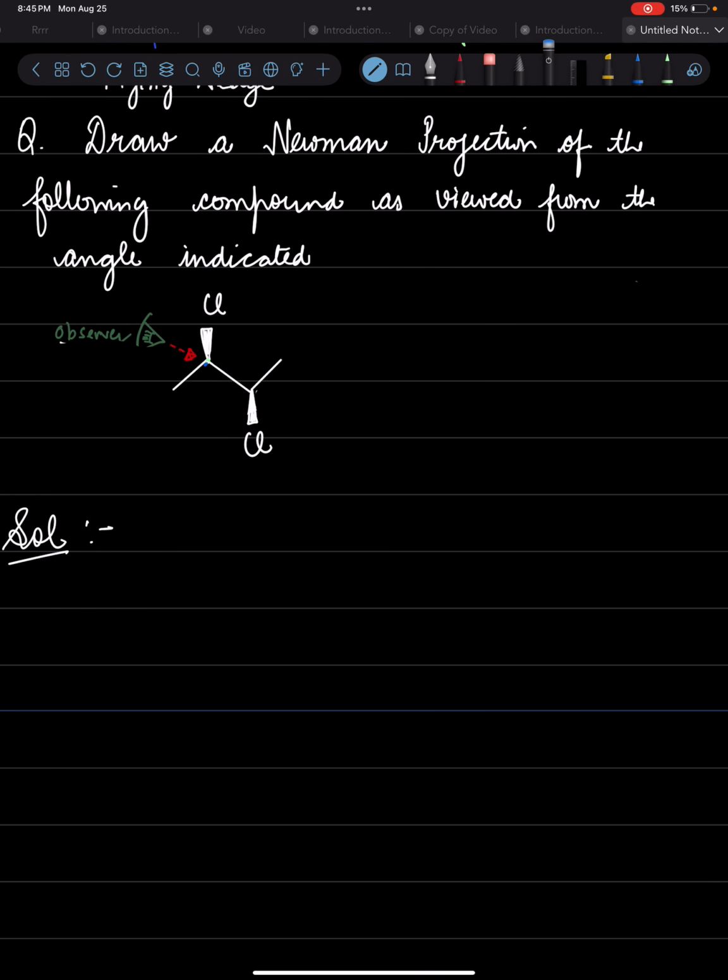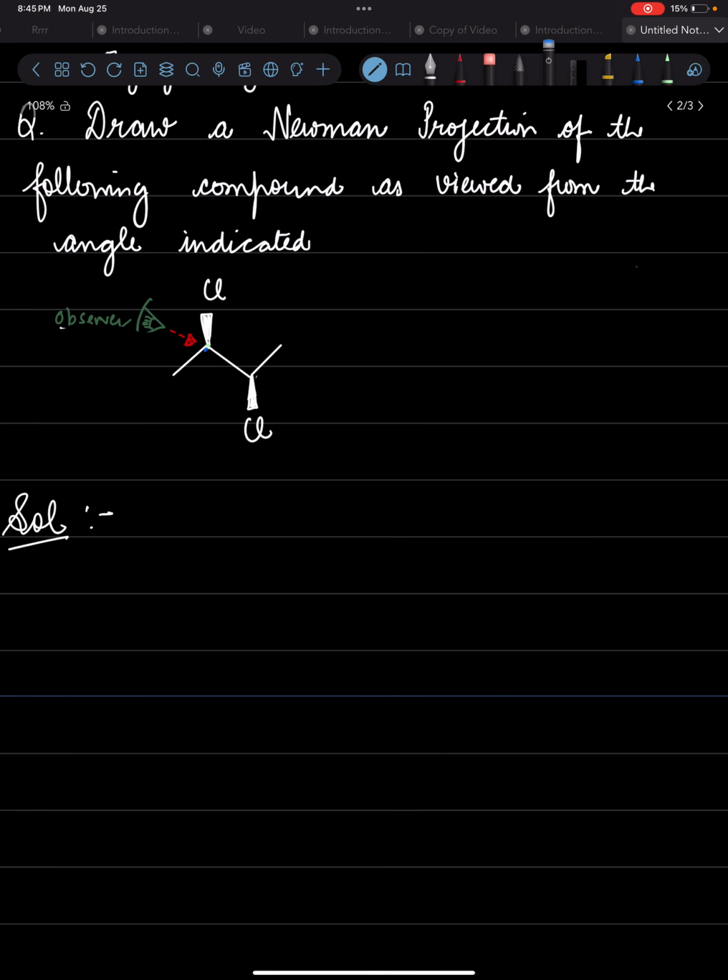Today we are going to learn how to convert the flying wedge to a Newman projection formula. To understand that, first we need to understand what a flying wedge represents. A flying wedge represents a three-dimensional molecule in 2D, where we know that for the tetrahedral carbon, two bonds